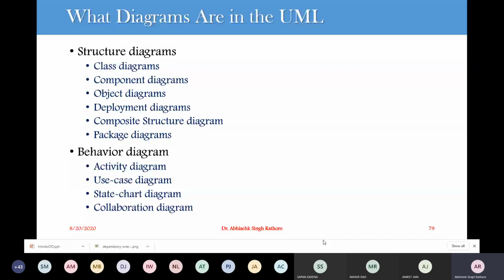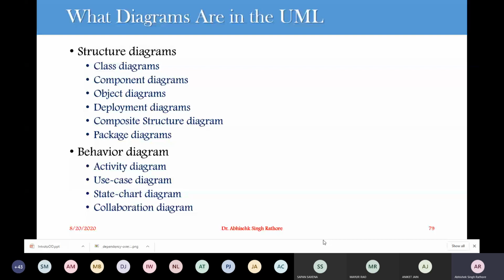Then we are going for the use case diagram. This use case diagram addresses the business process that the system will implement. The use case describes the ways the system will work and who will interact in the system. So it usually represents the actor or the user of your system and main functionalities of your system.